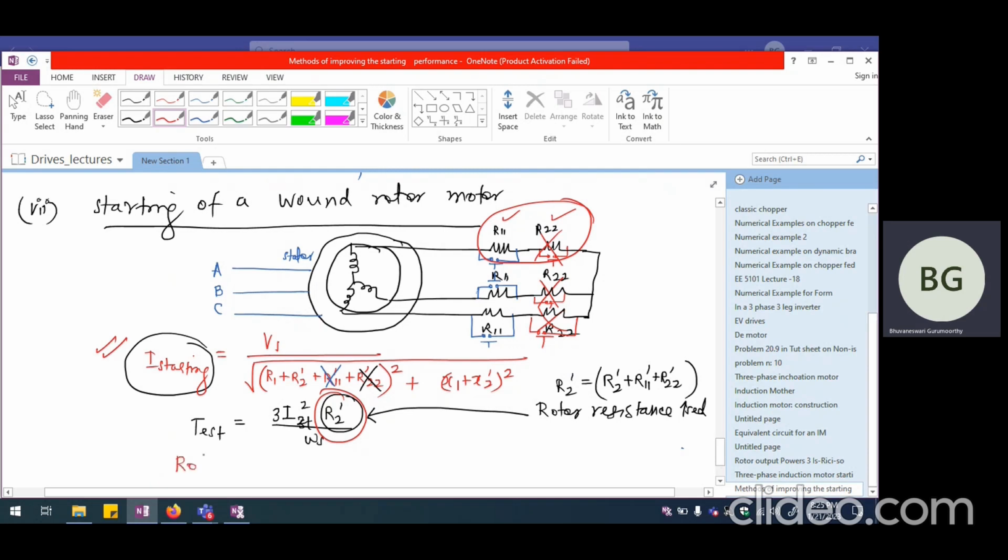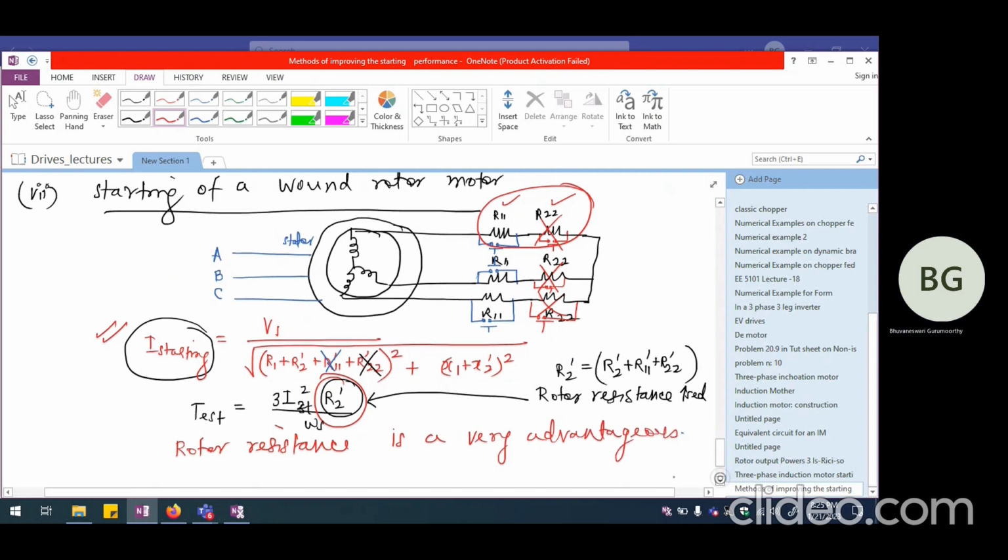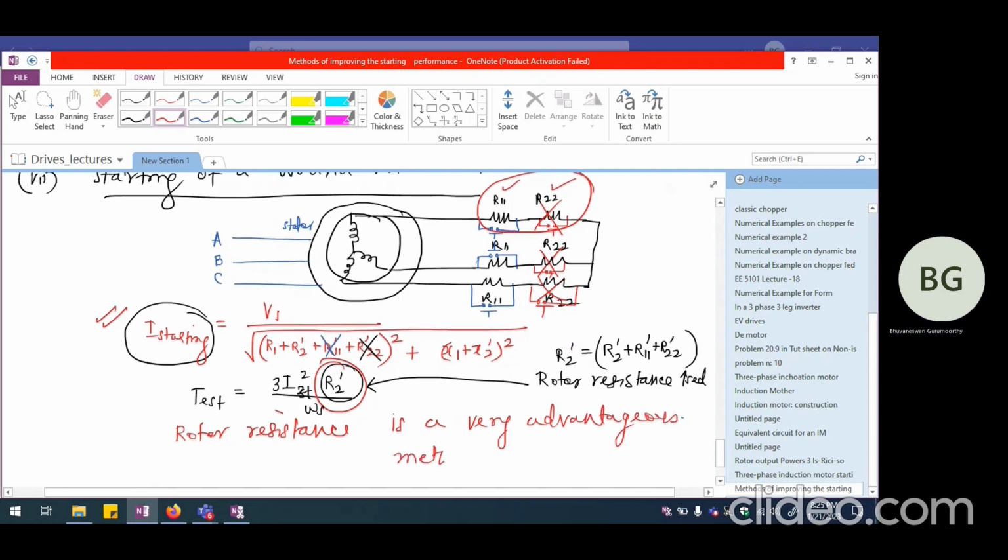So rotor resistance starting is a very advantageous method of starting an induction motor. But this can be used only in a wound rotor induction motor,